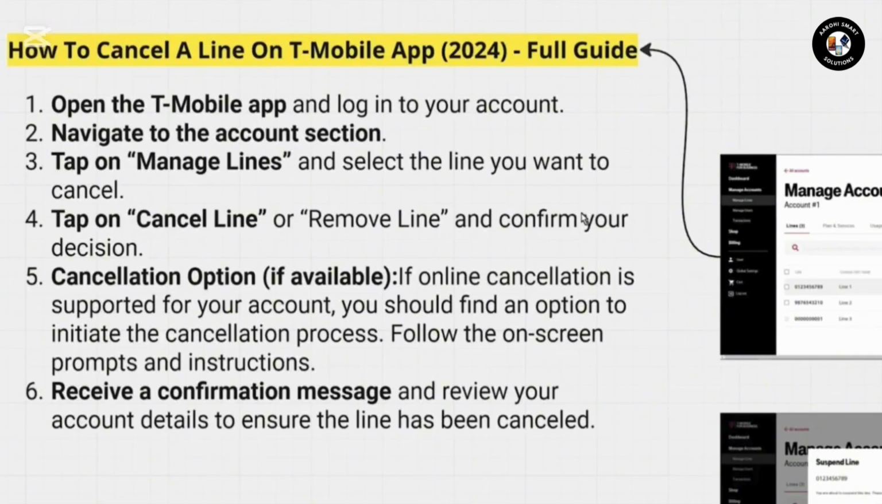For that, you need to go to the T-Mobile app and log in to your account. You can use your credentials in order to log in. And once logged in, head over to the account section and look for a section like manage lines or lines and devices. After you find it, the next step is to select the line that you